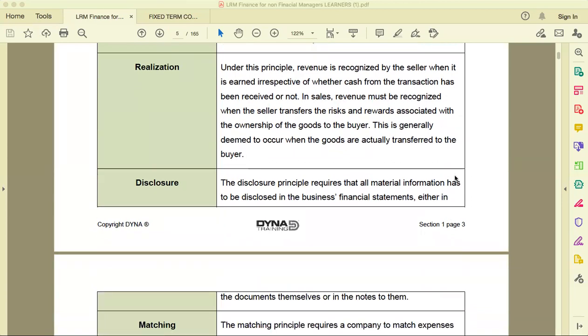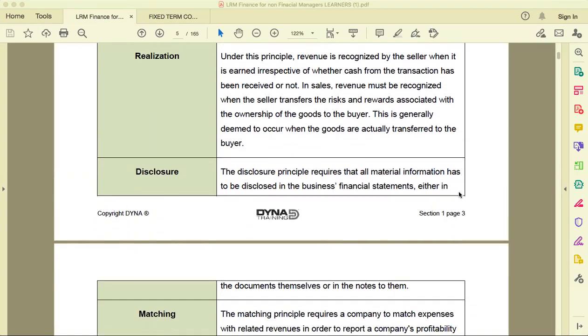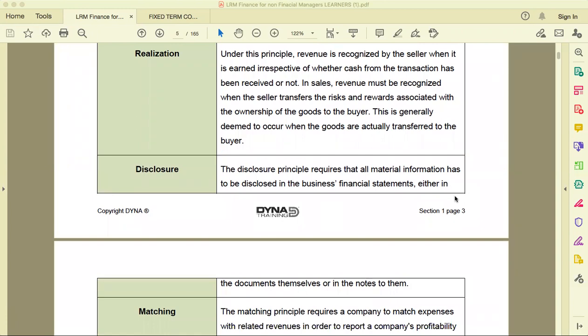Then we have something called disclosure. Now, disclosure is that we need to be telling our investors, our shareholders, and those who are stakeholders within the business that there are certain things that have to be disclosed, be shown to potential investors or stakeholders within the business. So if we believe that in the next year we are going to have a difficult time because there's no more demand for our product, then we have to reflect that in our financial statements. If we have lost money because one of our clients has not paid, we have to disclose that in our